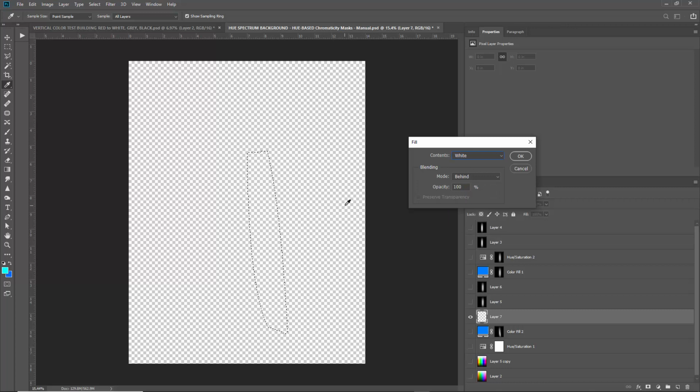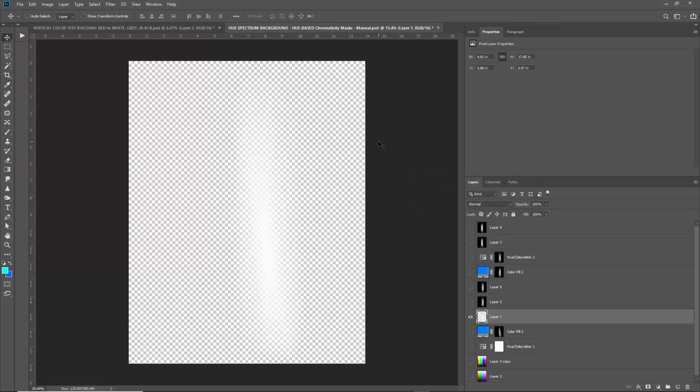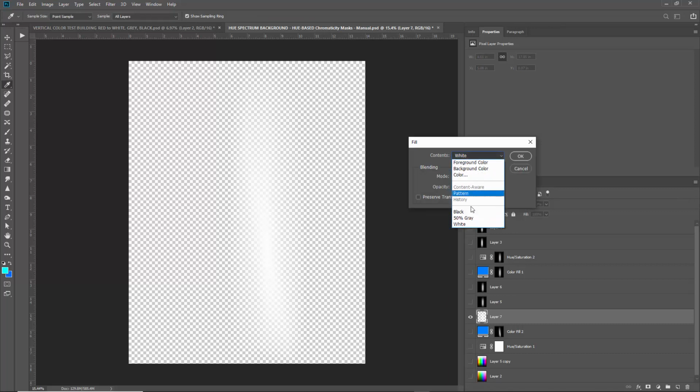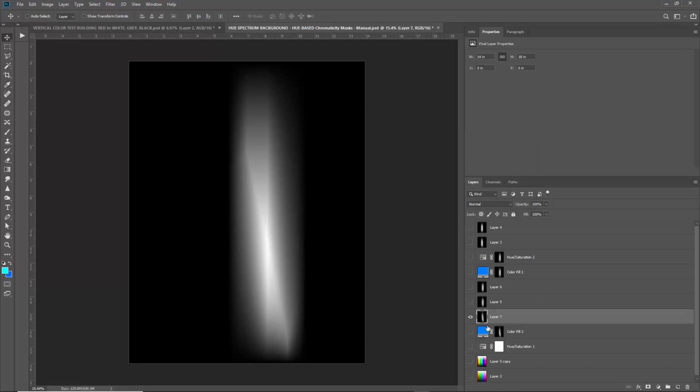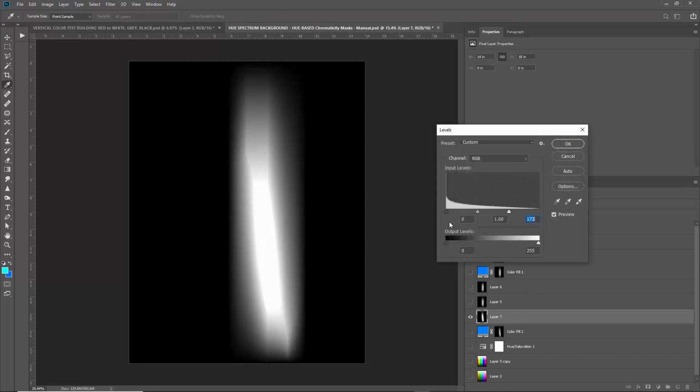If you want the mask to be white, fading out to black, which is usually how people look at masks as opposed to color separations or extractions, layer extractions. So again, just fill with white, normal, deselect, Control D, Shift F5, I'm going to fill with black behind. Okay, and then you could set adjustment layers to that or change it with levels,